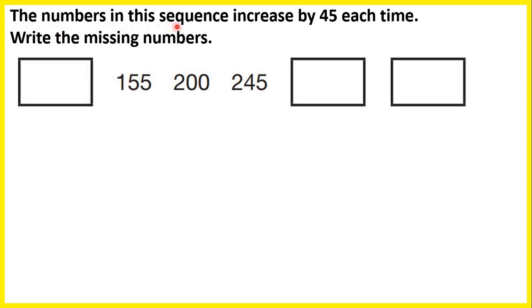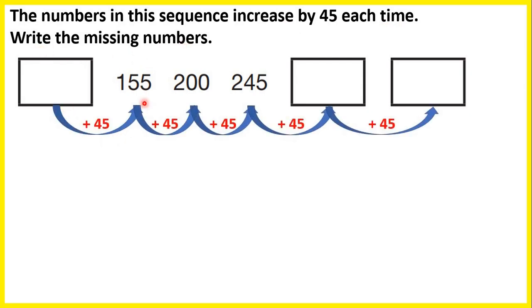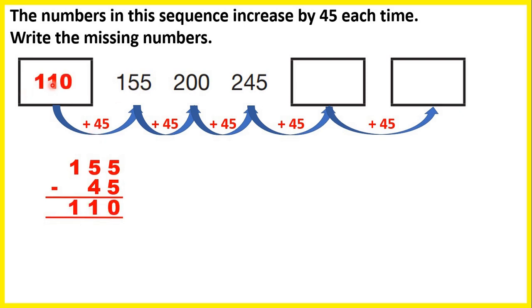The numbers in this sequence increase by 45 each time. Write the missing numbers. So we know that the numbers increase by 45 each time. So for this box here, we have something plus 45 is 155. So we really have a missing number addition, which means we can find the missing number by subtracting. So working out 155 minus 45. That gives us 110. So 110 plus